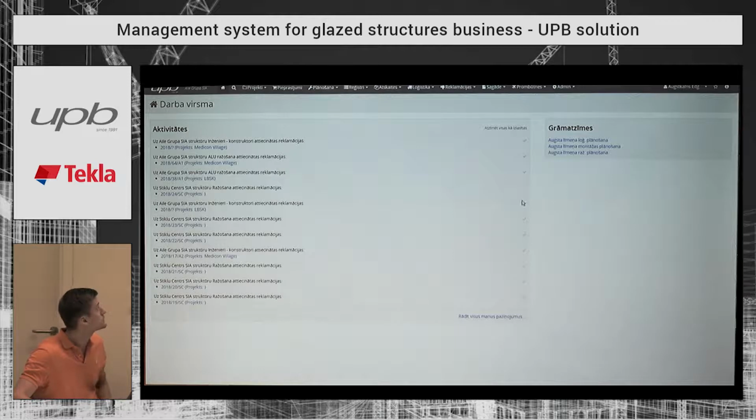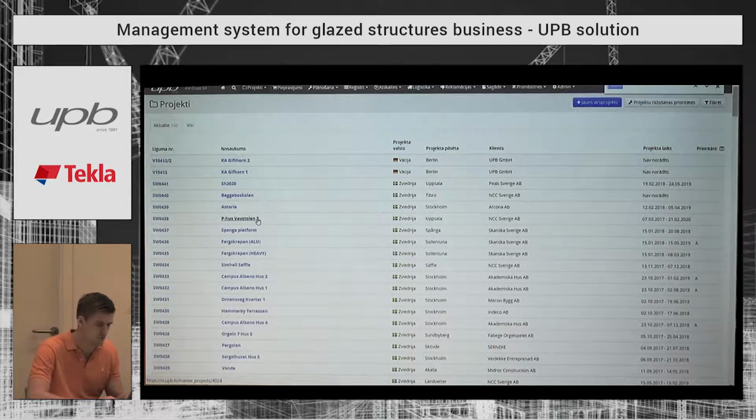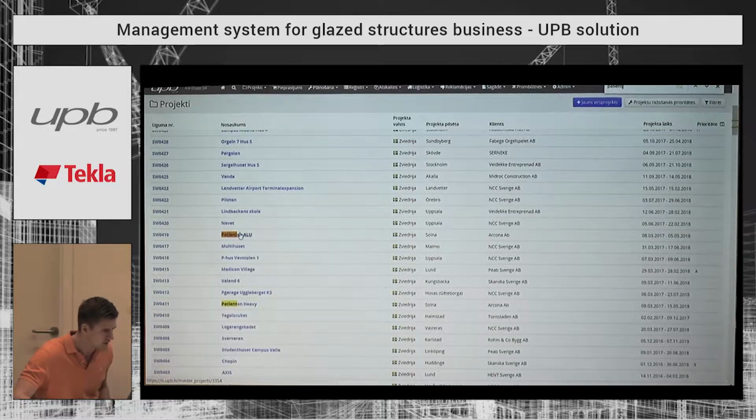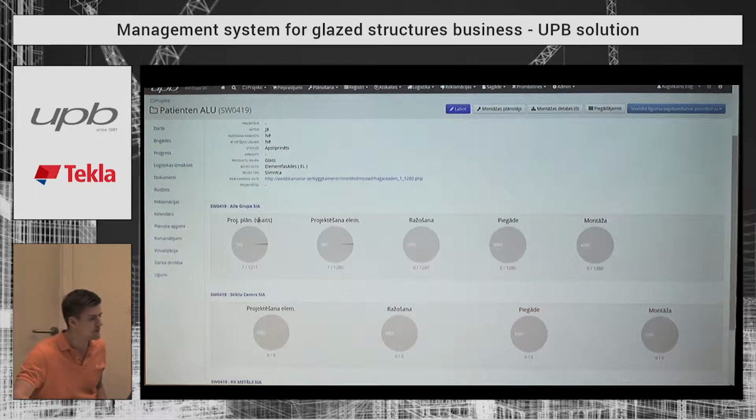And I'll show you it's in Latvian because not all of the system is translated, so it would be even more confusing if parts of it is in English and parts of it is not. But what the whole process is about is a project, and we have a list of active projects. For example, I'll take the one that I know that currently started. We have one project in Sweden, and the idea of the system is that we have many sub-projects,